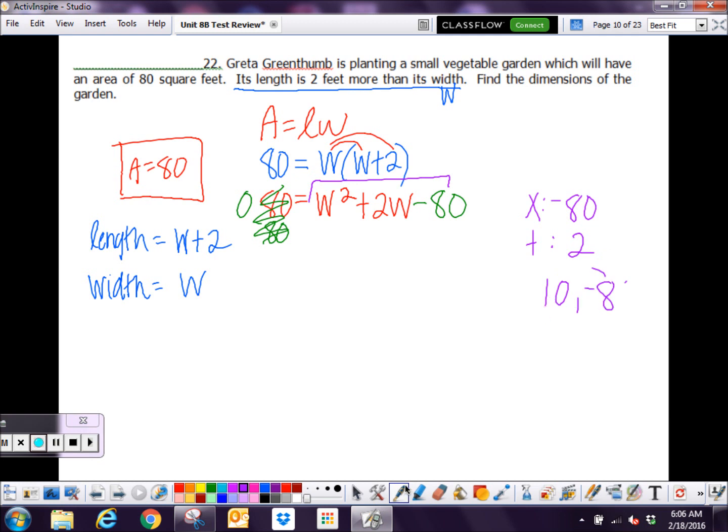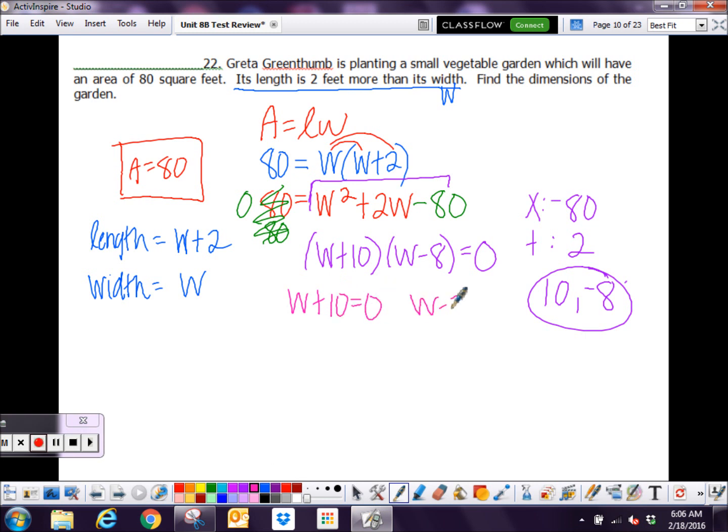The good news here is that there is a 1 in front, so we can do the shortcut. So my factors are W plus 10 and W minus 8 equal to 0, but I don't want factors here. I want the dimensions. I want the solutions. So I'm going to set W plus 10 equal to 0 and W minus 8 equal to 0. If I subtract 10, W is negative 10. And if I add 8,